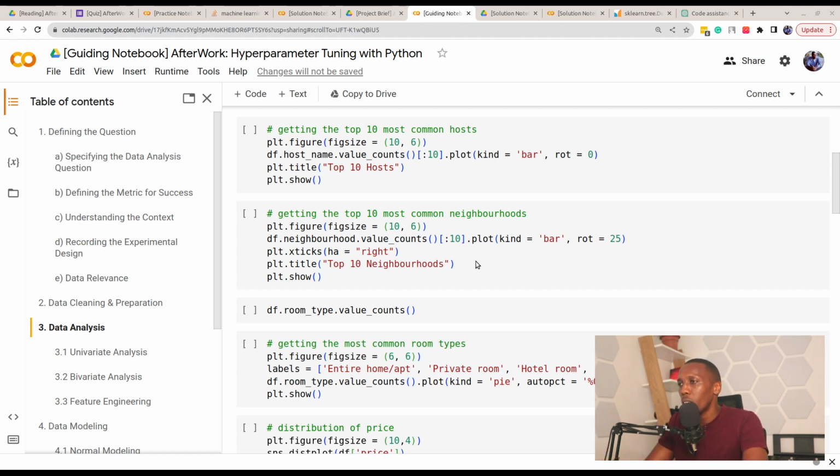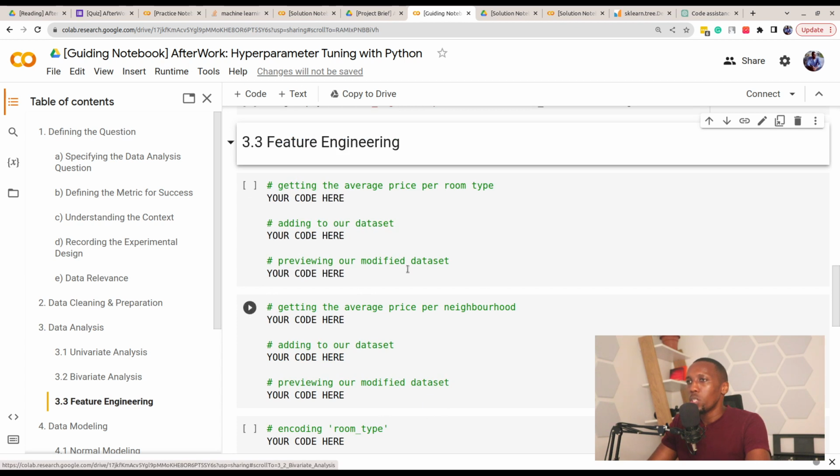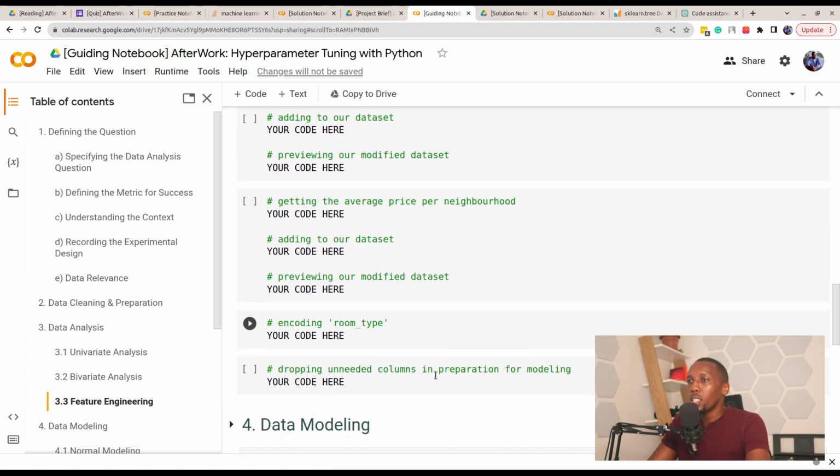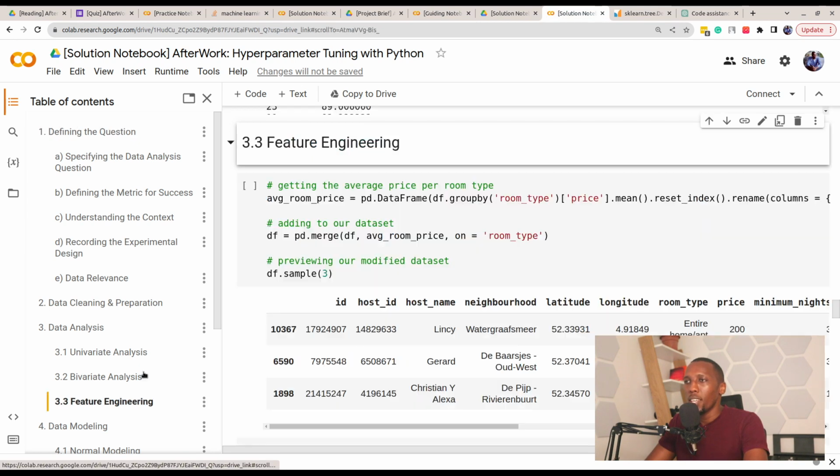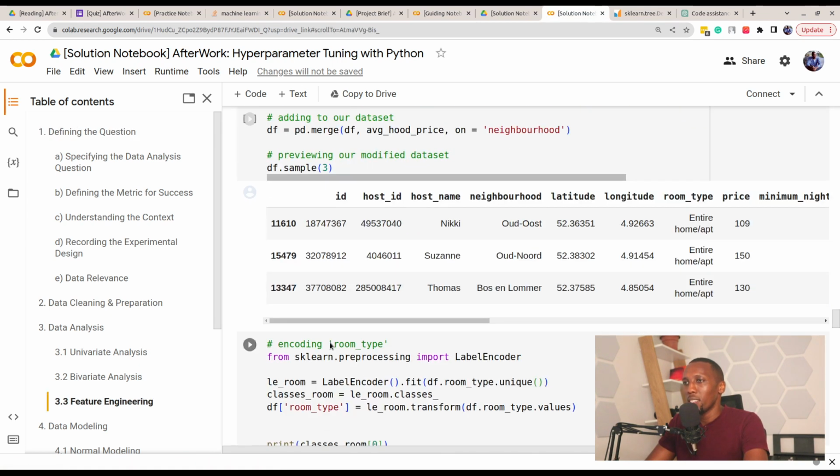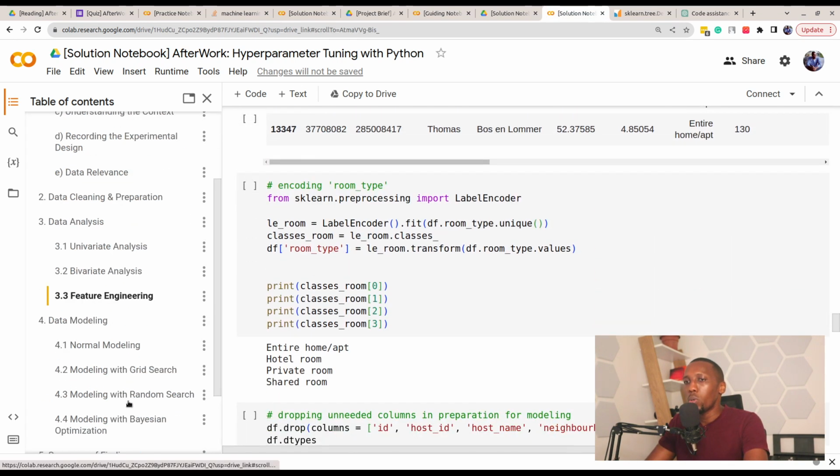But you can still run the code. It takes you through the entire process for initially preparing yourself for this workshop. I also see that there's a feature engineering section that you need to go through. You can still go through another workshop called feature engineering with Python. But if you're not really sure, you could always refer again to the solution notebook for that particular section to be able to go through that section. But once you have done that, you can go through now